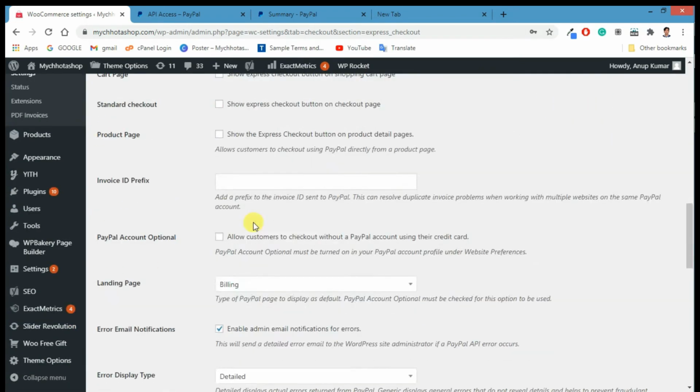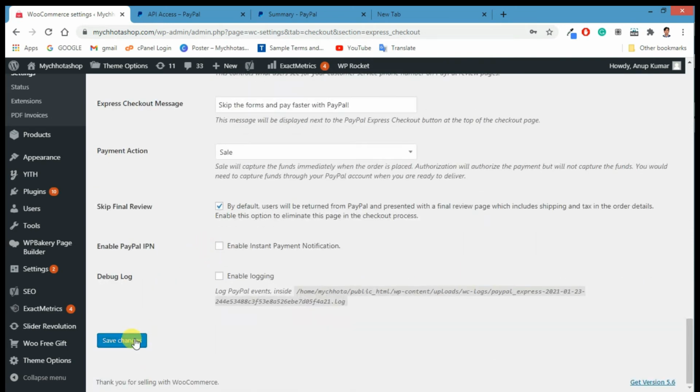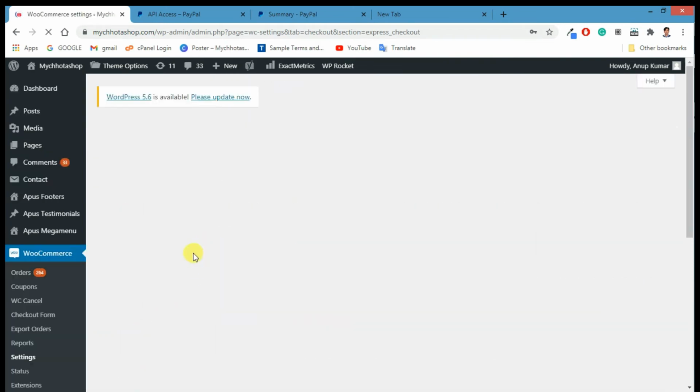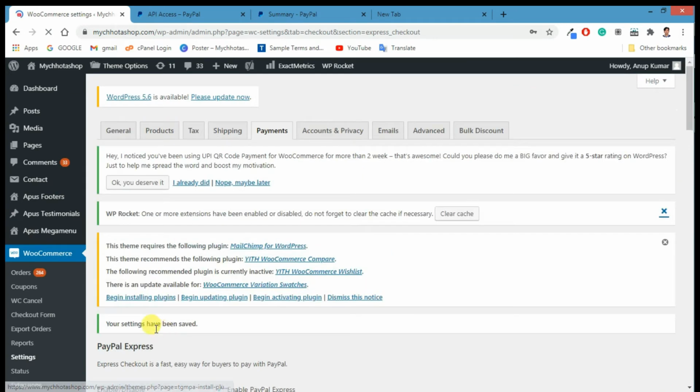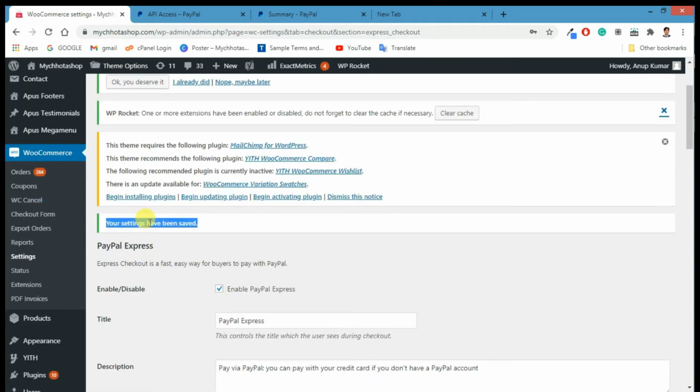So let us save this setting. By going here, save changes. So that's all we have done with this. One more thing I'll tell. Sometimes here it will say your settings have been saved. Sometimes it will show an error, like a red mark and some error, credential is wrong or invalid. In that case, it says you have not submitted the right credential. That time you have to select the right credential, and you have to take it from PayPal, as I have already explained.